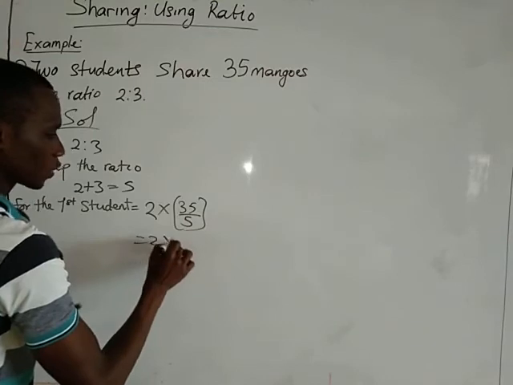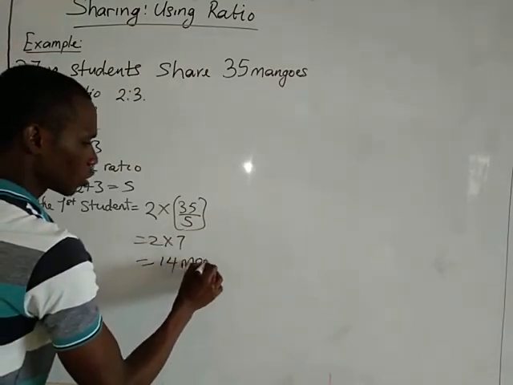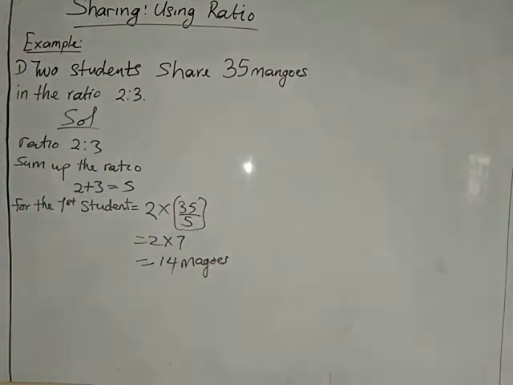So there I'll be having 2 times 7, which will give me 14, meaning the first student goes with 14 mangoes. The first student goes with 14 mangoes, whereas the second student now